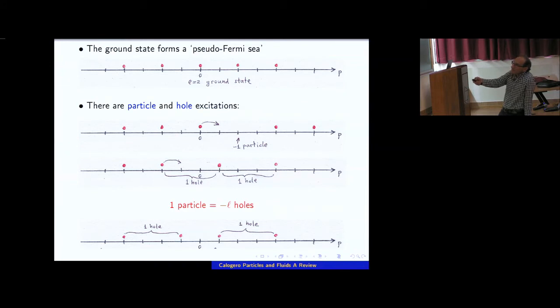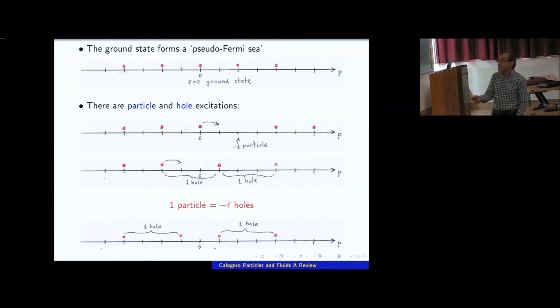I can now take this particle and move it by one place. This is a local motion within the pseudo-Fermi sea. So now I created two gaps, each one of them not of 1, 2, 3, 4, as it was here, but of 3, a gap of 3. And if I move this particle even further, these two gaps can be moved away from each other. So you see that by removing one particle, I have effectively created two elementary excitations that correspond to an absence of particle, a hole, and these two can be now moved independently.